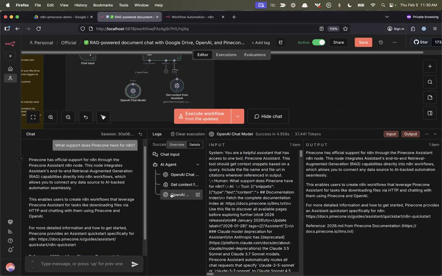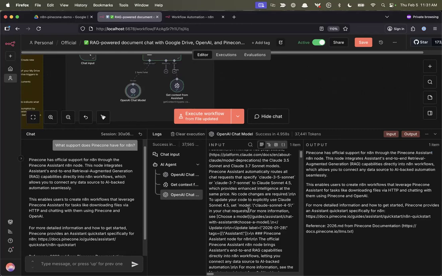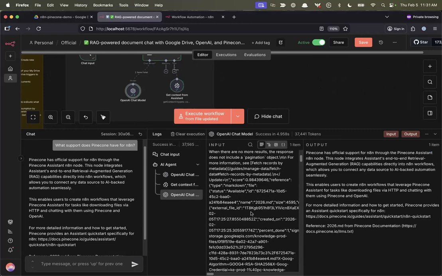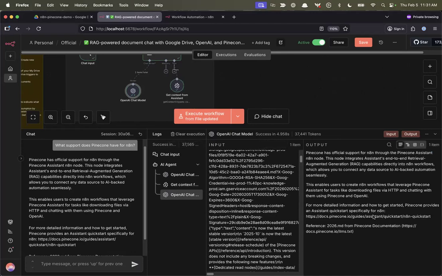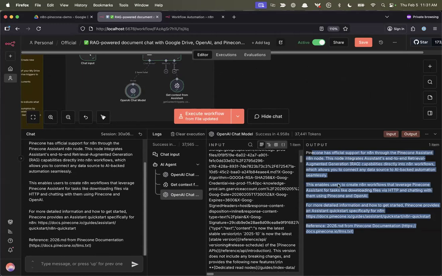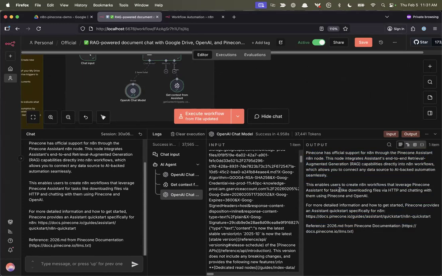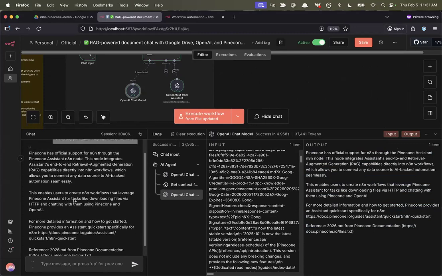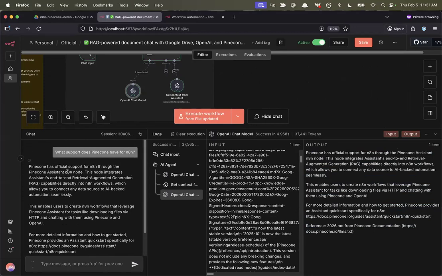But that authoritative data from our assistant knowledge base gets passed into the model as this next step here. And we can see that as we scroll down. And then it generates output. The output in this chat box is essentially what you're seeing here in that last step. And so we can see that support was added for this node, and a little bit more information about it. We can continue chatting, but I want to make sure that we get time to talk to our guests.